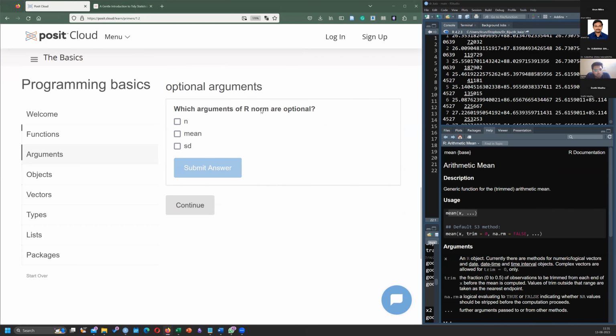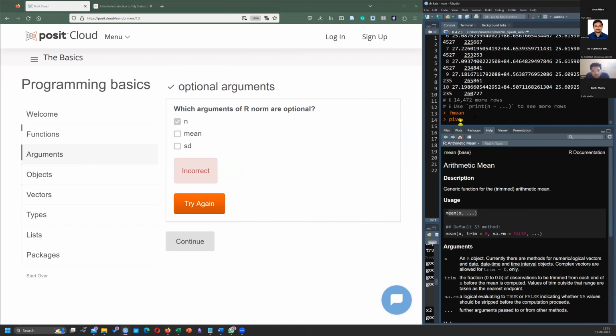So which arguments are rnorm's optional ones? Incorrect, because it needs an argument. I'll show you. In rnorm, there are no 3 dots.